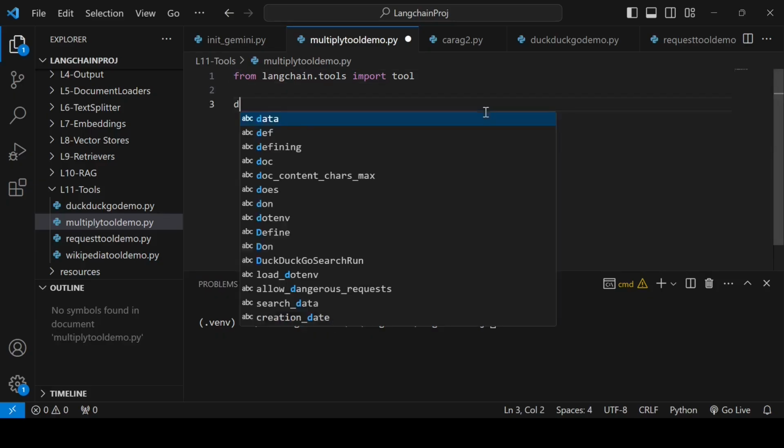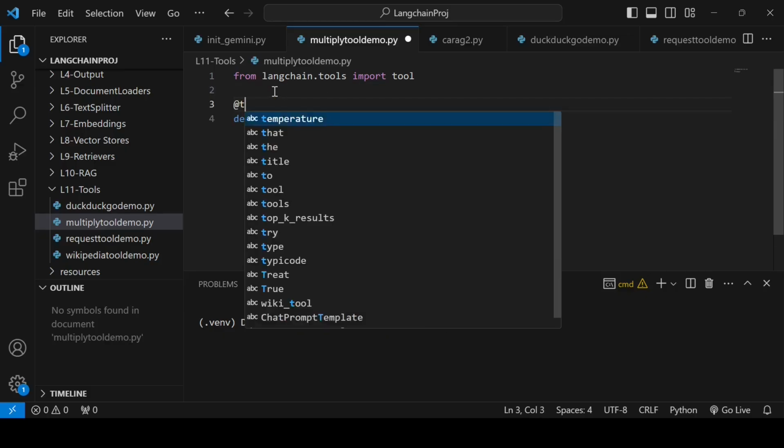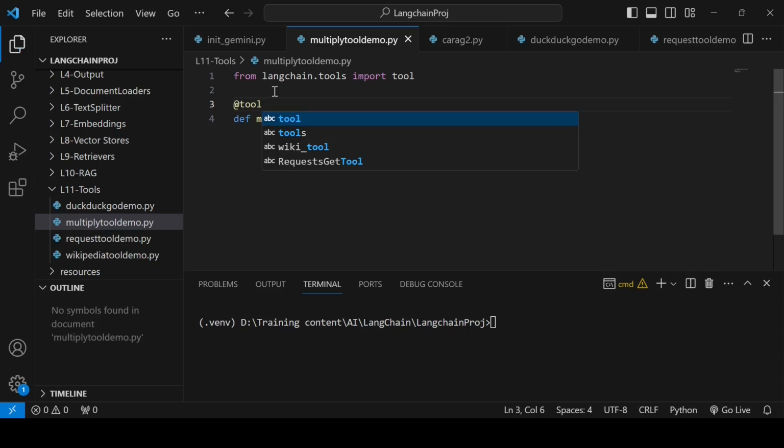Then you can create a def multiply function, which you can decorate with tool. With this decorator, you provide some metadata. So here it is telling that this function is going to be a tool.